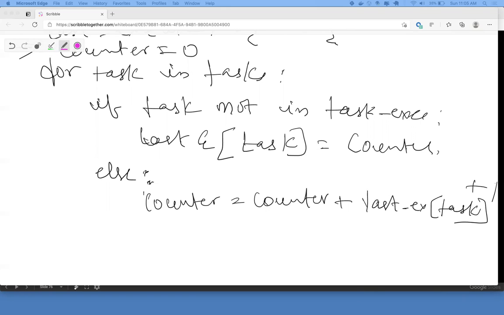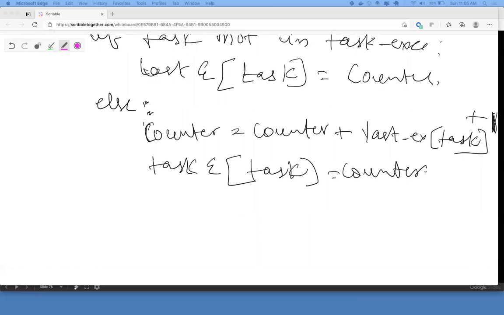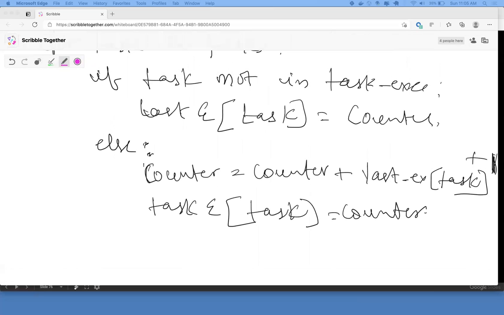Am I saying that right? Yeah. If it's last executed at 0 and your cooldown is 3, your next execution is 4. So you do plus 1. Then you say task executed of task equals counter. I'm just writing down what you're saying. And then at the end of it all, you return counter.